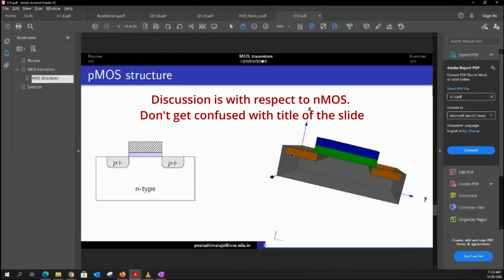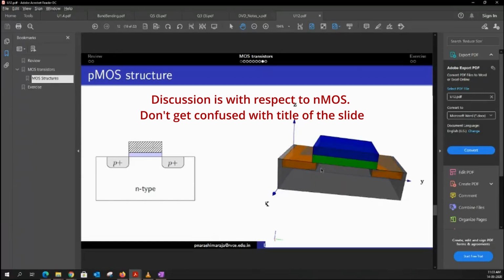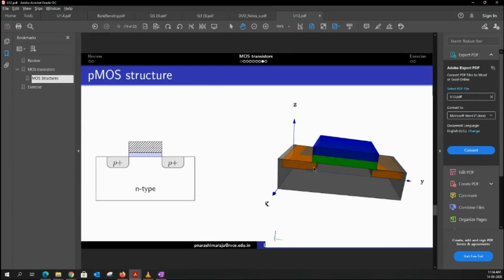Now, among this, in case I have a channel here, if there is a channel that exists between the source and the drain, then what happens is that one among the 4 faces that I have along the perimeter of this rectangle would be filled with N plus region again, because the channel is basically an N plus region. So due to which I would be losing one of the faces among these 4 faces of the perimeter. You people are clear, right? In case you are not comfortable, please let me know.